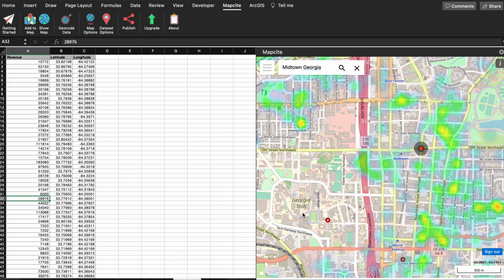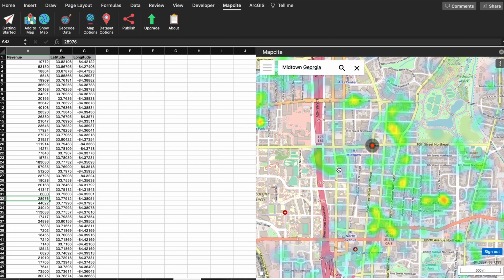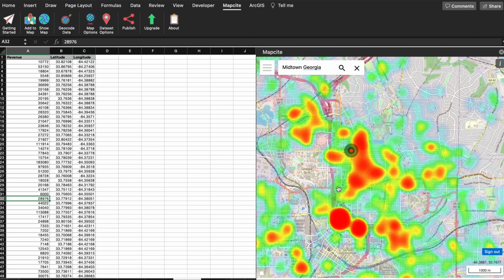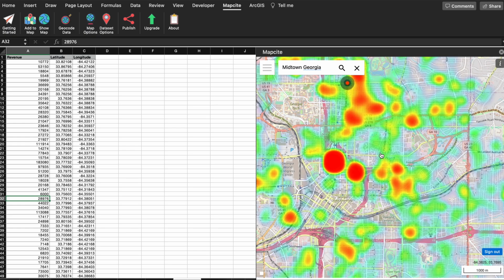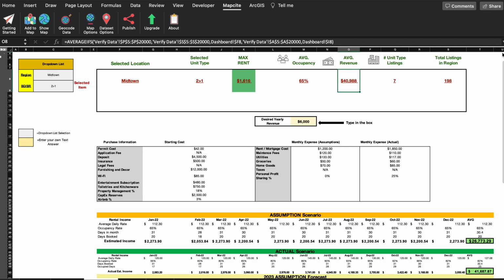This is just kind of giving you a good direction into where or why certain properties are generating revenue versus certain areas aren't generating revenue. So this is a little bit more deeper dive analysis into the specific part of the region that you want to kind of put your listing that attracts certain individuals. So this is a really good way to kind of deeper dive into your analysis and figure out exactly what your comps, what your competitors are doing, what their properties are looking like, and I think this can lead you in the right direction. So this is a little bit about it.